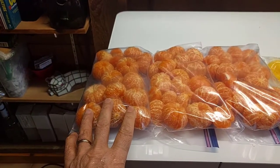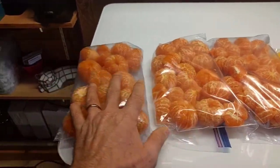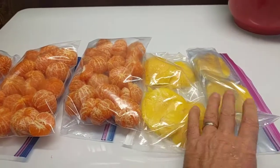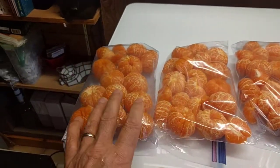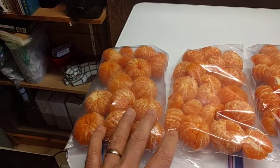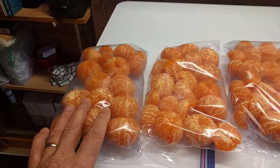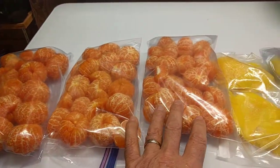I've got three one-gallon bags that are about two-thirds full. So this is one bag here, one bag here, one bag here, some mango here, a small amount of mango here. I'll put these in the freezer on flat shelves so that they don't get warm. We want them to be able to break off from each other, so I can take small volumes and put them in the blender at a time so that we can add a little bit of citrus